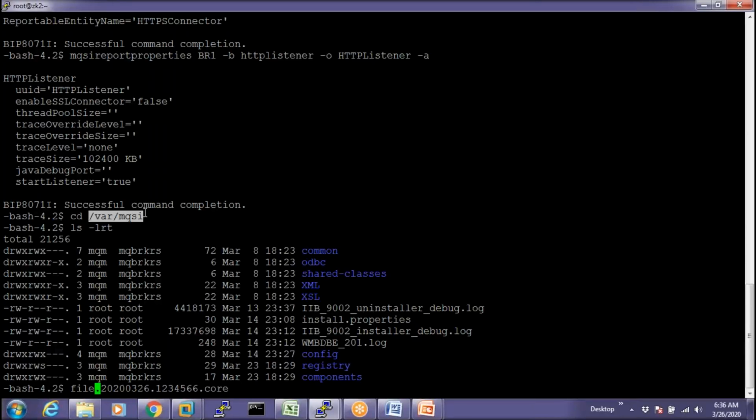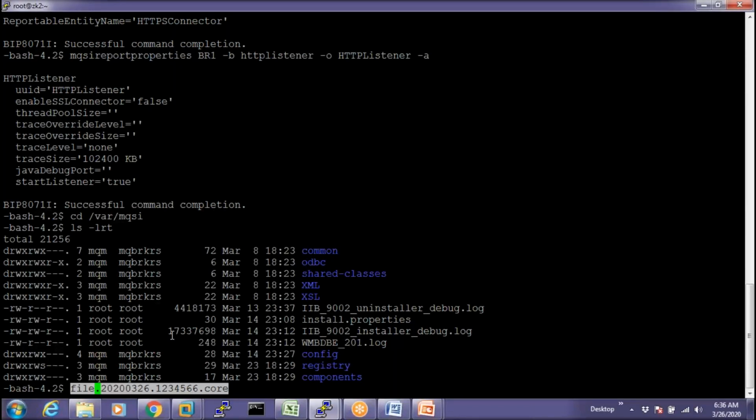It means there is not enough space for the brokers to run, so the broker may face resource issues and the broker goes down due to core dump files. So whenever core dumps are generated, it's a very dangerous situation. We have to remove them from this path without any second thought, because core dumps are very dangerous in brokers.